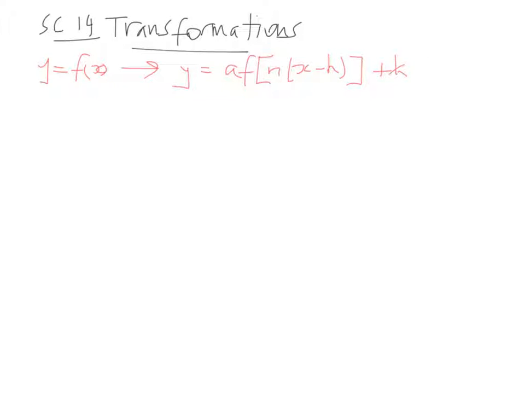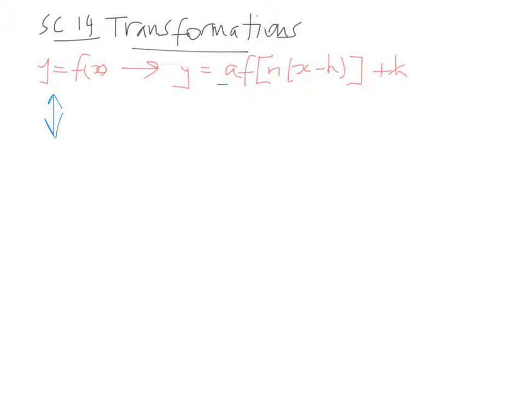Okay, so now we're looking at transformations. So let's say we've got y equals f(x), and that becomes y equals a f(n(x minus h)) plus k. We're looking at what the a, the n, the h, and the k all do. So we should know these things. So a is your dilation